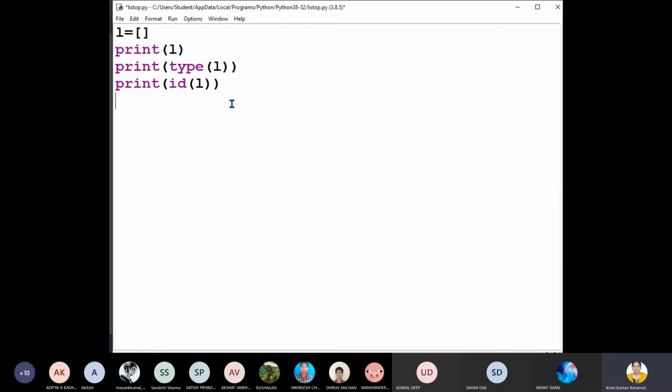Now, if you want to add an element to the list, which function can we use? Append. Right. So if you want to append n number of elements, how can we do it? Int input. Enter how many you want to insert.